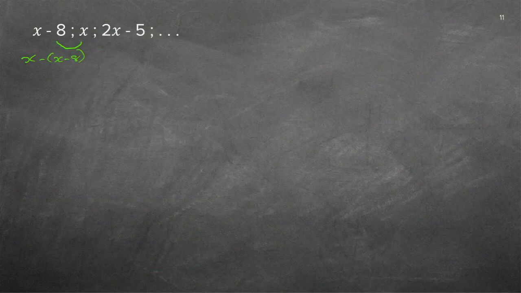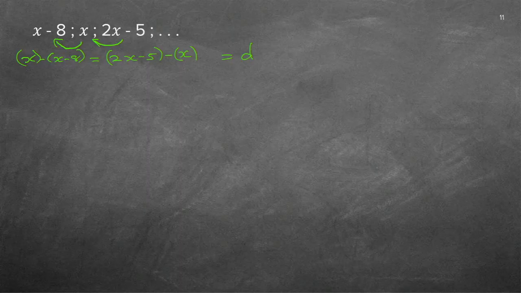And then you do again the second difference. There, right-hand side minus left-hand side. So this one will be 2x minus 5 minus the x. So let's just put all of them in brackets. But now I know this is actually my d, and all my d's, first differences, should be the same. So I can just put an equal sign in between there, and I can solve that equation.